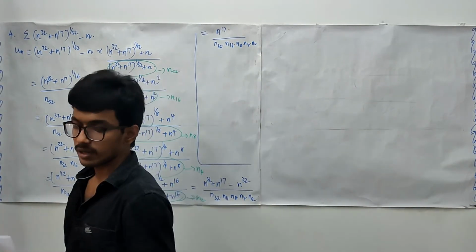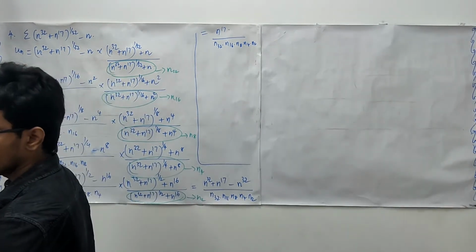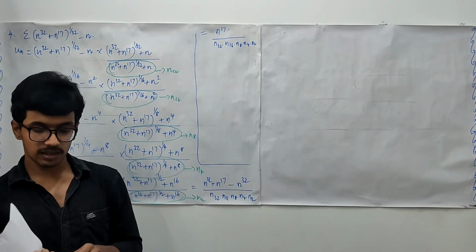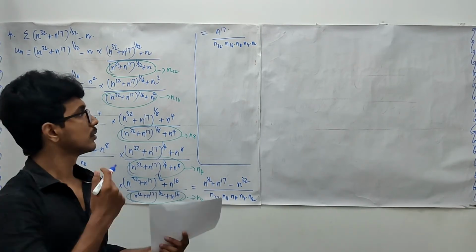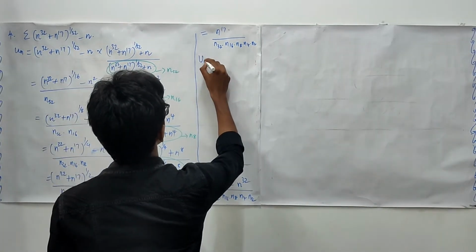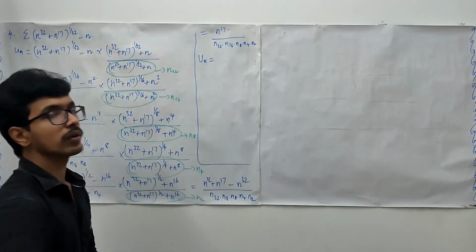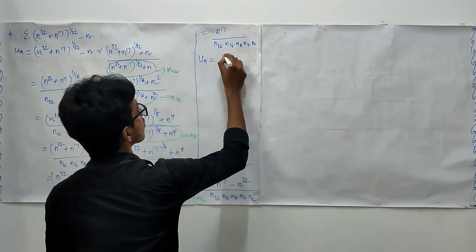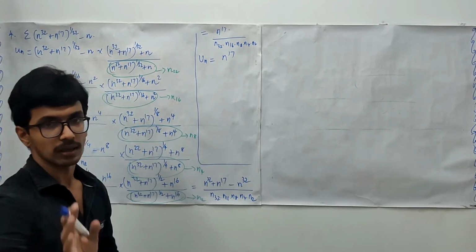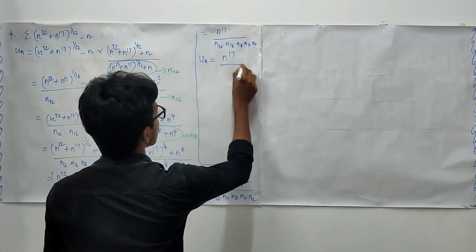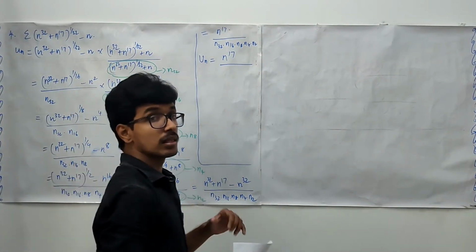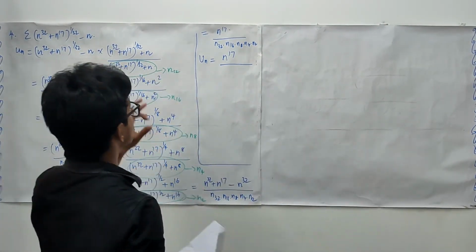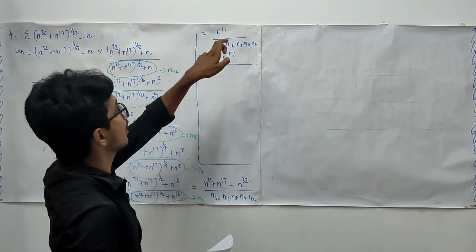Now we will have to identify some suitable Vn, and with the help of that Vn we may talk about the convergence of this series. Right? Let us choose Vn. In the numerator what do we have? We have n to the power 17. Good. In the denominator, now we will have to identify the leading terms in n32, n16, n8, n4 and n2.